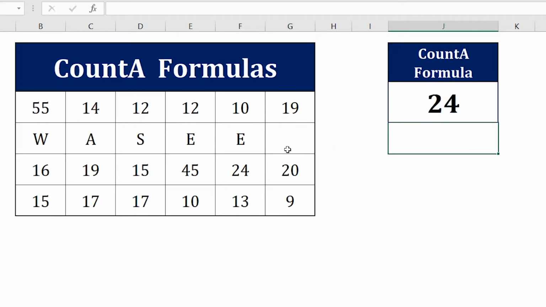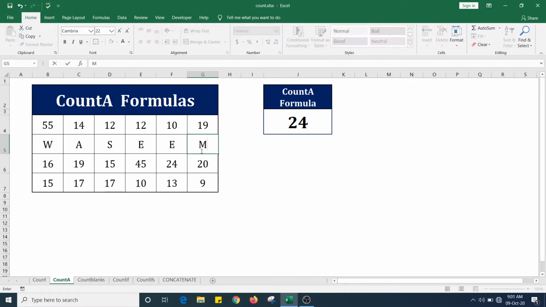See, the formula counts each and everything except empty cells. If I type M here, it's showing 24. If I delete it, 23. If you press the space button, it automatically displays 24. I hope, friends, you have understood the COUNTA formula.